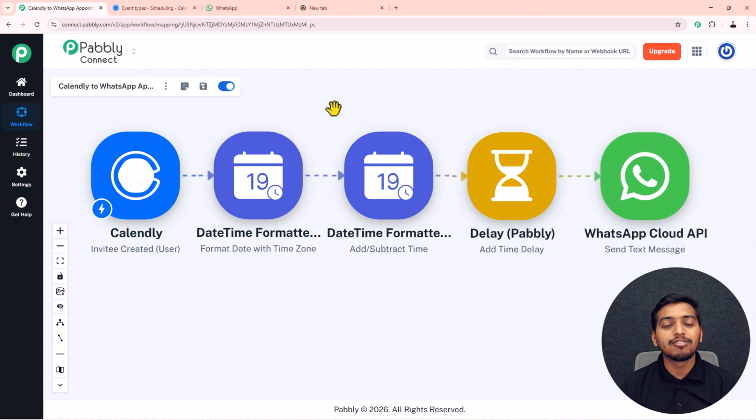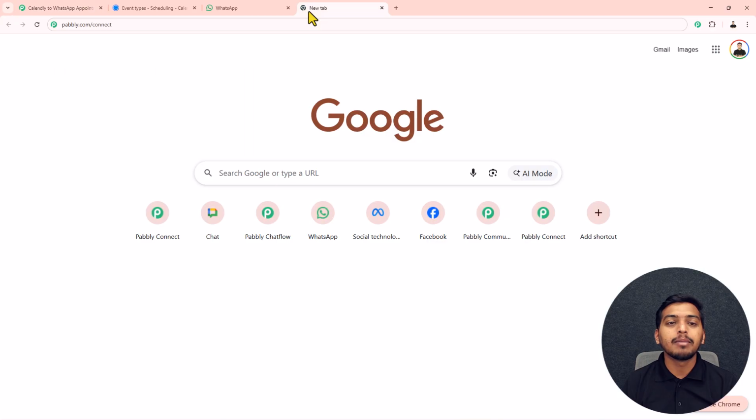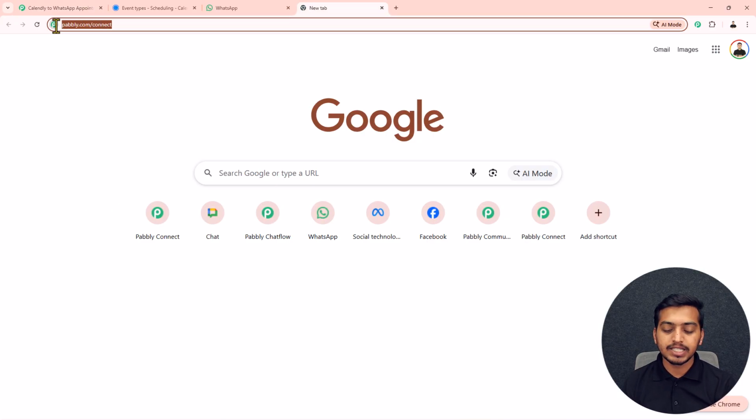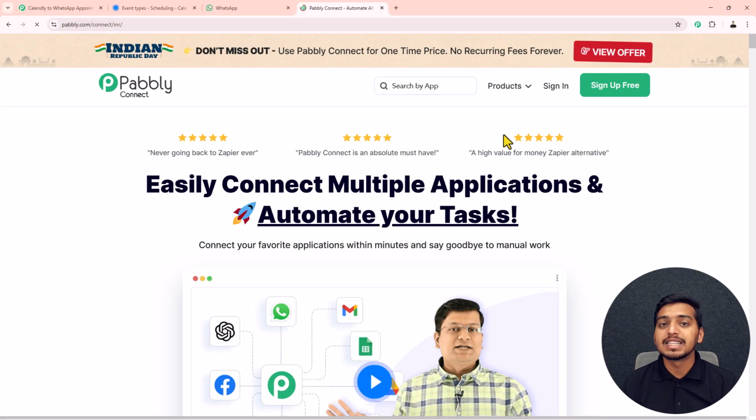For that, at first I will help you navigate to the dashboard of Pabbly Connect. So open a new tab and search for pabbly.com/connect. This will get you directed inside this landing page of Pabbly Connect, where on the right corner you will get these two different options: sign in and sign up free. If you are a new user, click on this sign up free button to create your free account, where you